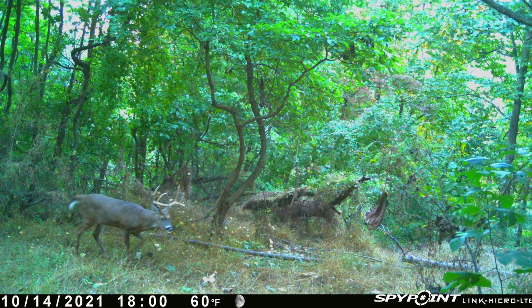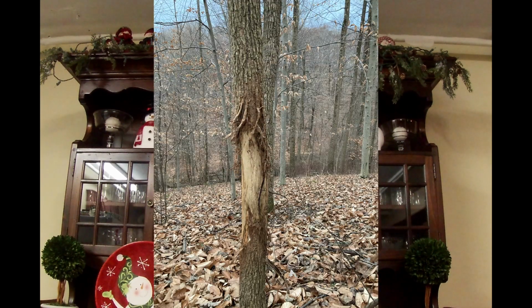Started getting some night pictures of him here and there, and then right around, I want to say October 8th or 9th, somewhere in that area, I got my first daylight picture of him, and I didn't know at the time. We didn't get to check that camera that he was seen on till the end of October, actually the beginning of November. But we could just see through that trail camera that he was in there in early October, and we could see that he used the property more, and that letting that depth of cover, giving him that quote-unquote